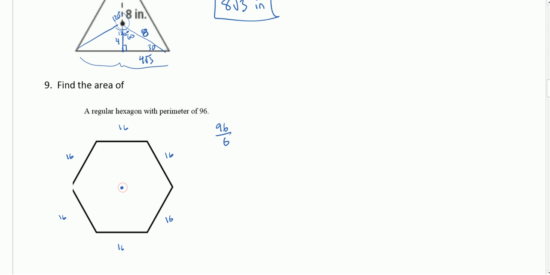So from that center, if I draw this triangle, we know that central angle is 60 degrees, and we know it's isosceles, so we have an equilateral triangle, 60, 60, 60. Each side length is 16. If we cut that equilateral triangle in half, we get a 30, 60, 90. I'm going to move it over here,